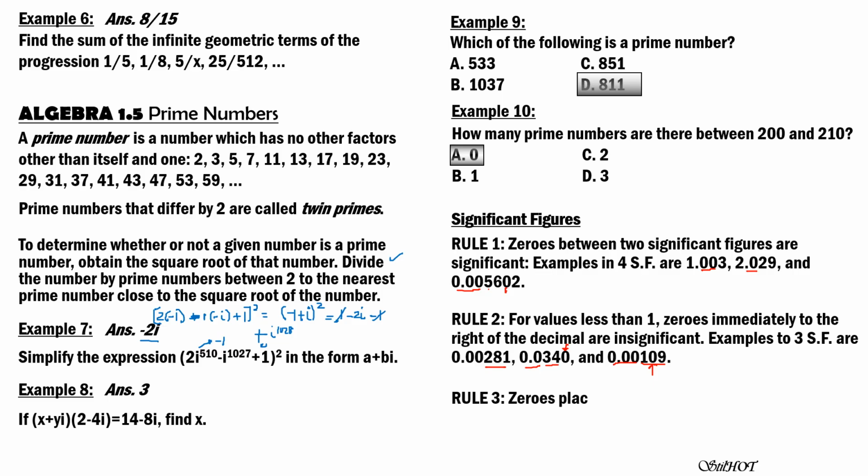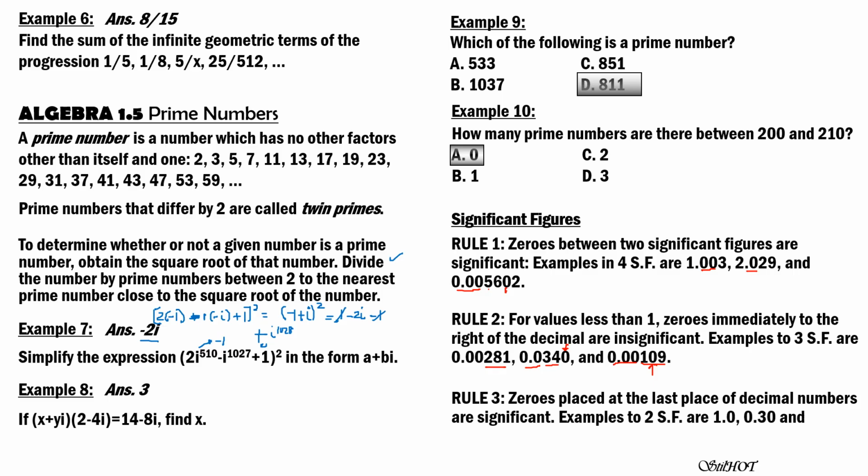Rule number 3: zeros placed at the last place of decimal numbers are significant. So examples to two significant figures are the following. We have 0.002, so this is significant. This has two significant